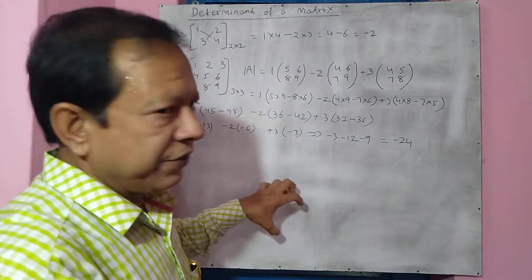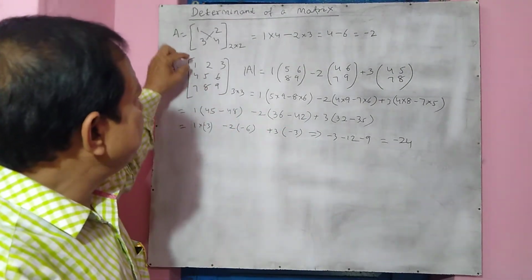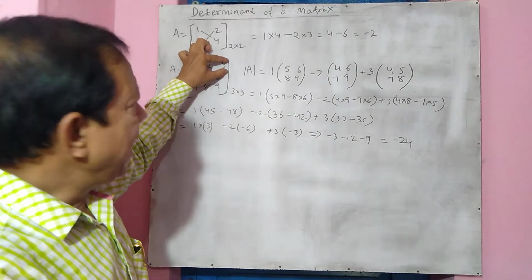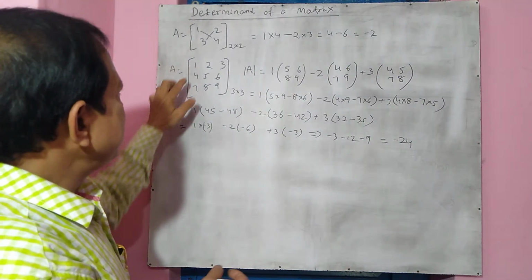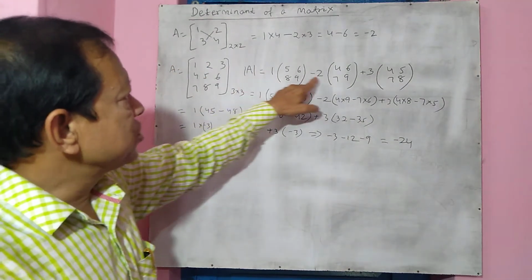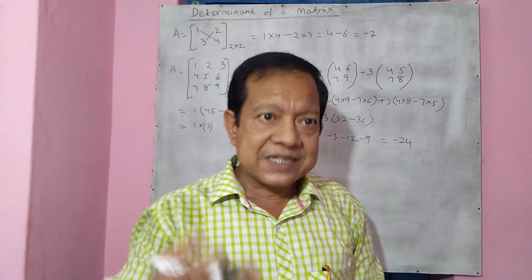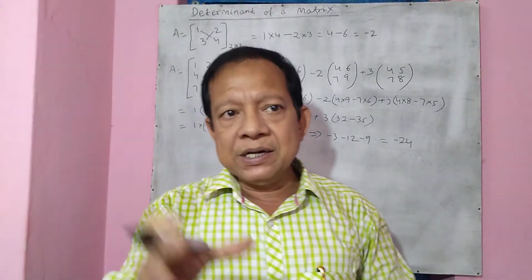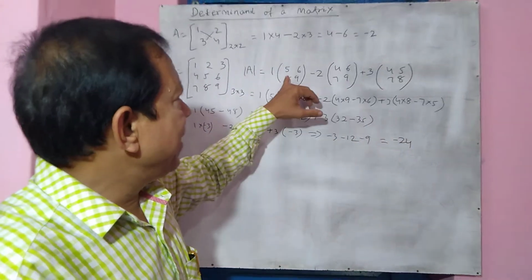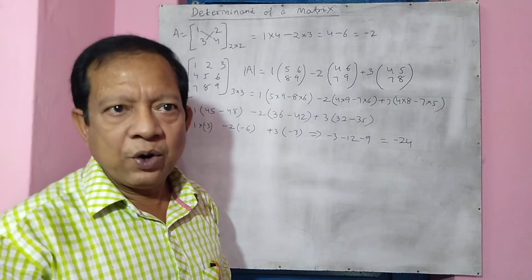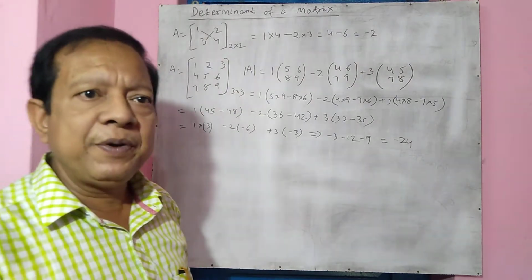So determinant of a matrix, in the third order matrix, what do we do? We simply take one row and find out the determinant. In every row, you see the first one we have taken plus, the second is minus, third is plus. Why this happens? Next class, when I go for the minors and the cofactors, I will show you where it will be minus and where it will be plus. Okay. So this is how we have to find out the determinant of a matrix.